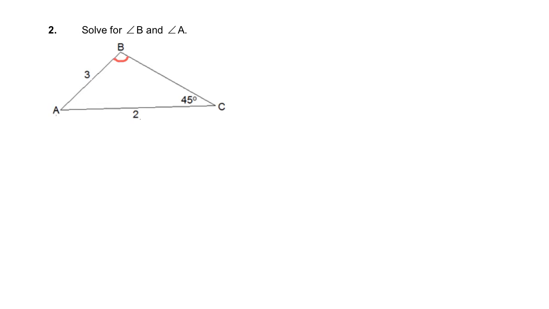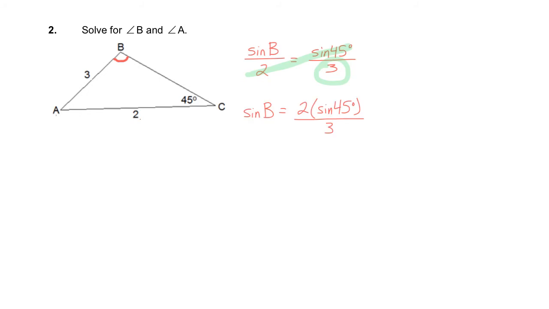So we can start with this proportion. Angle B matches with side length 2 because they're opposites. Angle 45 degrees matches up with side length 3 because they're on opposite sides of the triangle. So now that we have a proportion, sine B is my unknown. So I'm going to cross multiply and divide. So sine B is equal to 2 times sine 45 divided by 3. And when you do that in your calculator, you'll get an answer of about